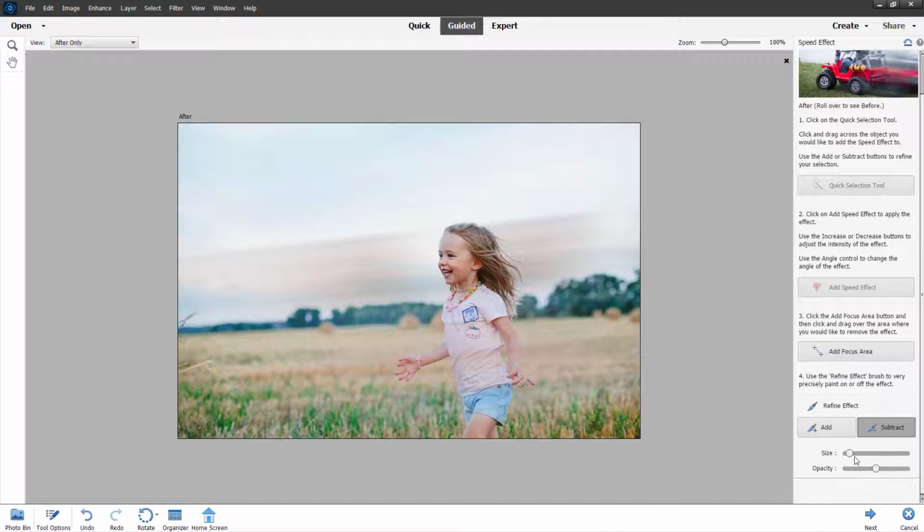And you can refine the effect right here by increasing the size right here. As you can see, you can erase it right here, or you can add the effect over here as well. So let's say I want to add it. Let me go onto opacity and add in more effect over here. But if I want to remove it, you can go onto subtract and remove the effect from over here, as you can see. So you can remove the effect right here, just like this, and that is what you have. So that is how you can use the guided speed effect option inside of Adobe Photoshop